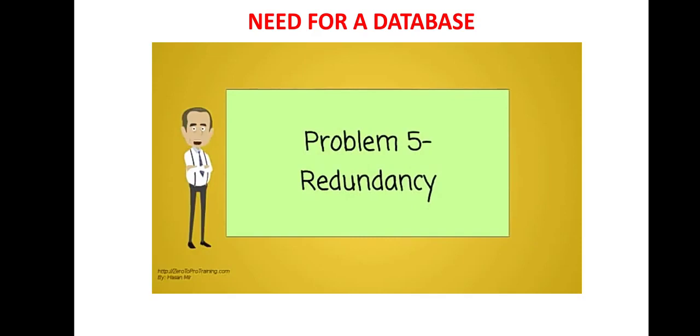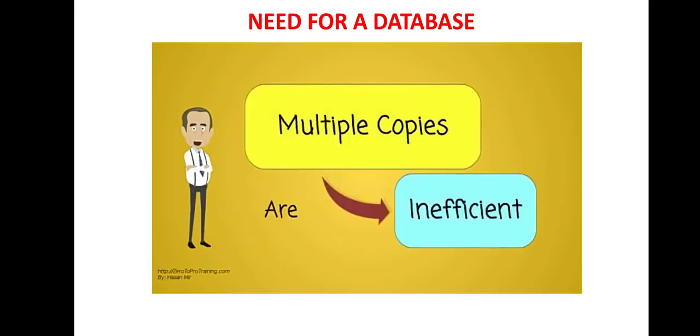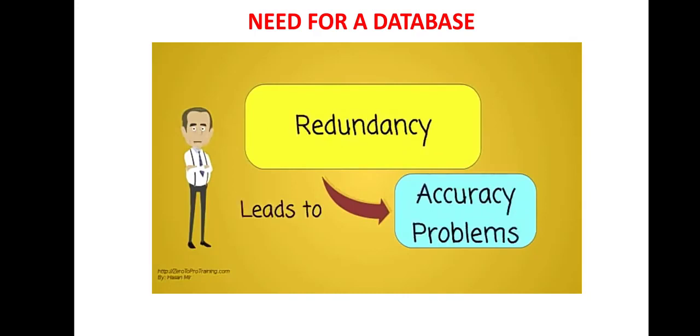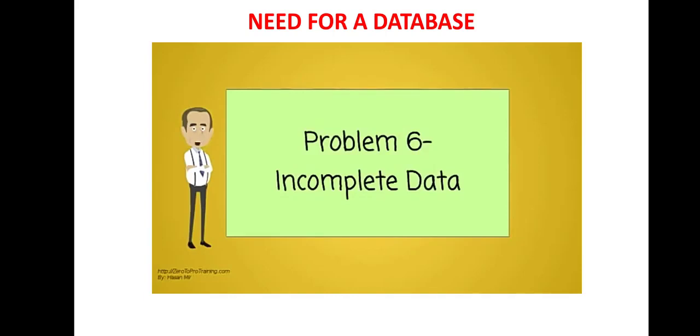Then, there will be problems of redundancy or duplication of data. Multiple copies of the same data would eventually find their way into spreadsheets and documents. This further leads to issues of accuracy. One file will say the price is $10, and the other one will say it is $15. It is not easy to update multiple copies of the same data at once. Some of the data that is not considered important is not entered into the files, as there is no validation. This brings the data integrity into question.